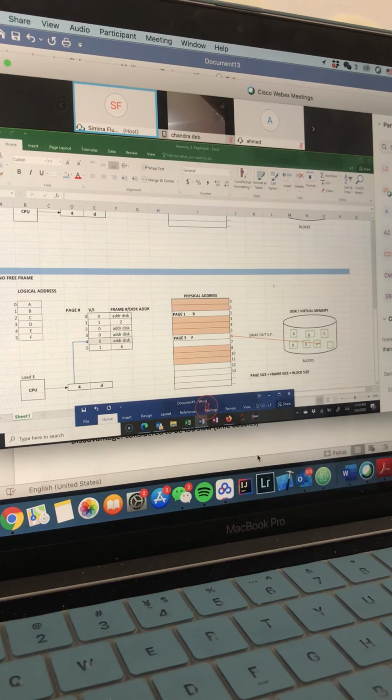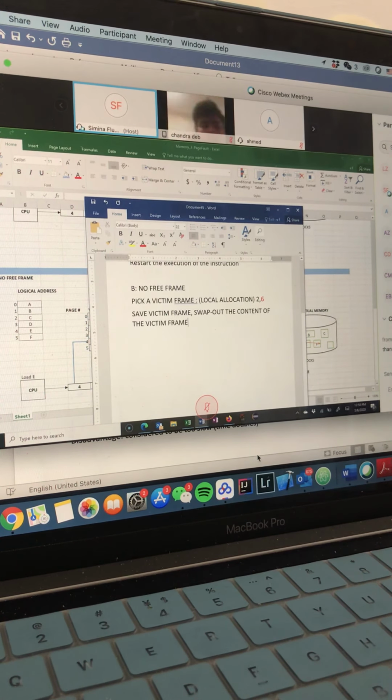So the next step is update the page table, and it's going to be entry 5. We know that the valid-invalid bit is going to be changed from 1 to 0 to show that page 5 is not in the main memory anymore.